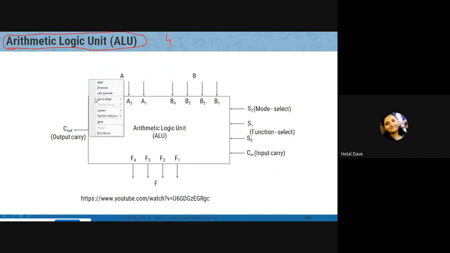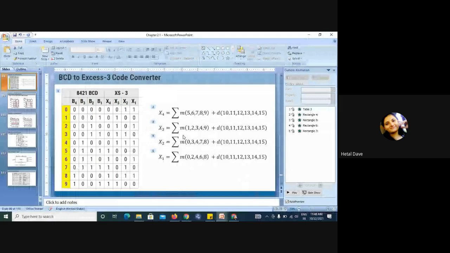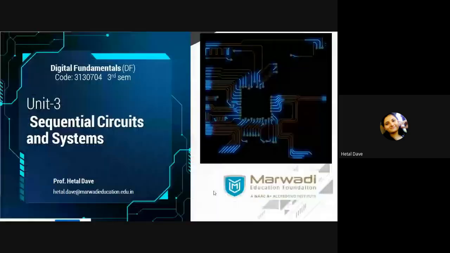second chapter. So we will see by means of animation and we will try to cover ALU. Deep concept is not given, we just need to cover the block diagram and one truth table. This PPT is uploaded in Canvas, second chapter. Please refer to it. Okay, with this we can complete our second chapter, and here your third chapter should start.